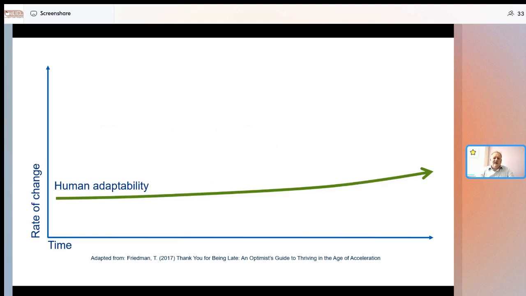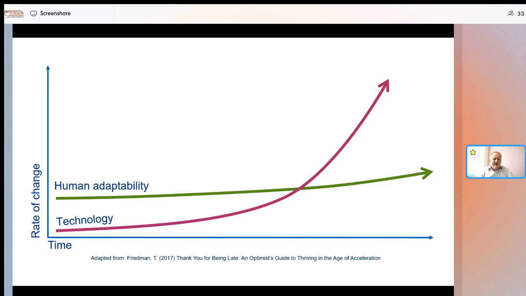And the reality is, as humans, as this graph shows, we're not very good at change. If you think about when we were cave dwellers, we haven't got any better really during the last 10,000 years about how we adapt to change and to different things, new technologies, new techniques. And the reality is, particularly with artificial intelligence, technology is almost on an exponential curve, and we are past the point where we can adapt to that. If you think about that knowledge doubling every 73 days, we're past the point where we can possibly